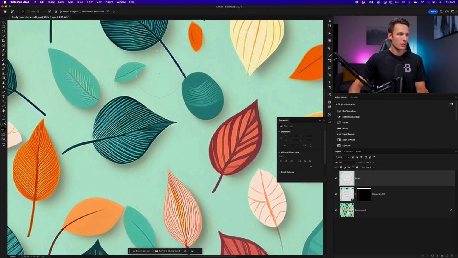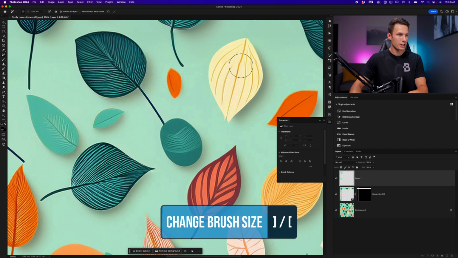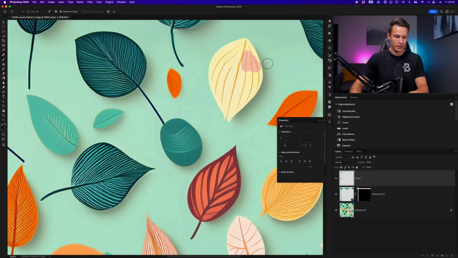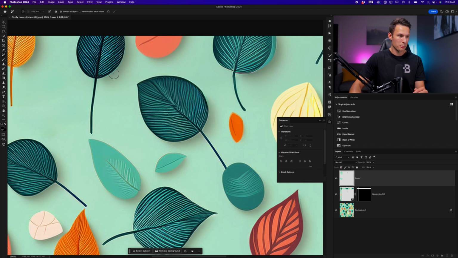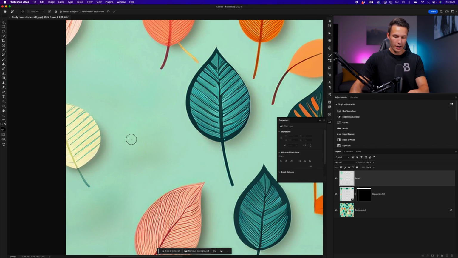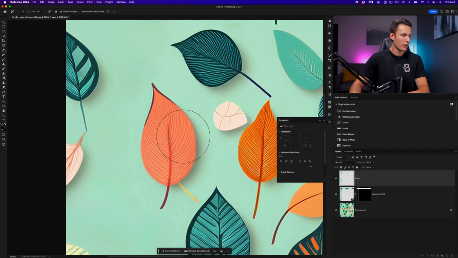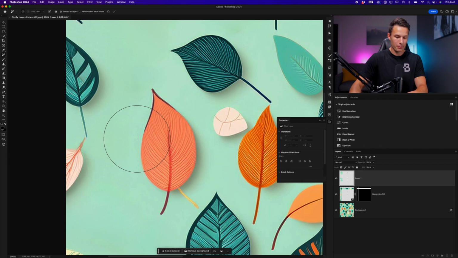As for some of the little details, such as in this leaf, I can use the remove tool to just paint over those areas, press enter, and it does a decent job sometimes to rebuild those lines. You can play around with it just in small sections until you're happy with the result. I'll repeat this process just on this leaf as well, painting along small areas to rebuild some of the design and make it a little bit less blurred and doesn't have quite as much of a seam anymore. Do one final look over the areas that you have done the generative fill adjustment. Make sure to remove any shadows and weird things that might be happening around the photo.